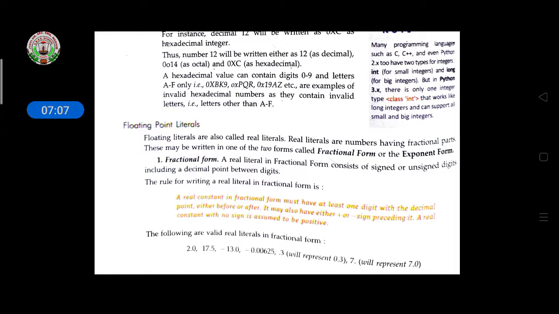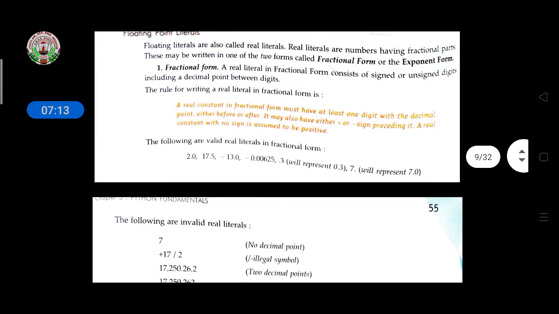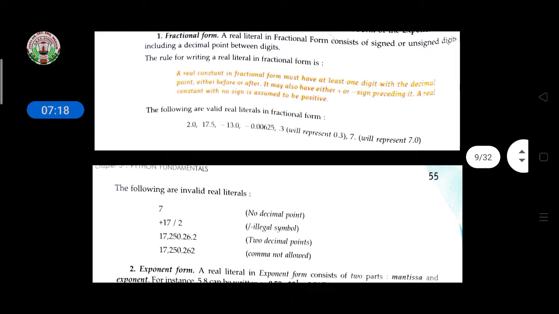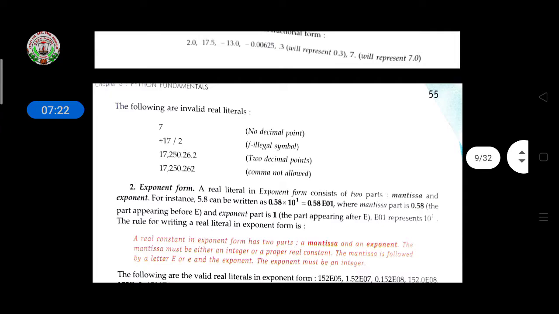Then floating point literal means you are using fraction forms. A real constant in fraction form must have at least one digit with the decimal point. Some examples are given here. 7 has no decimal point.